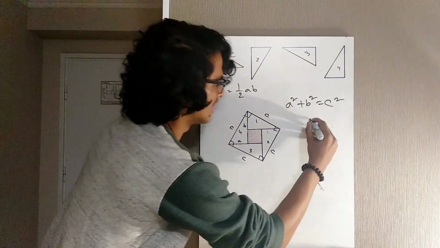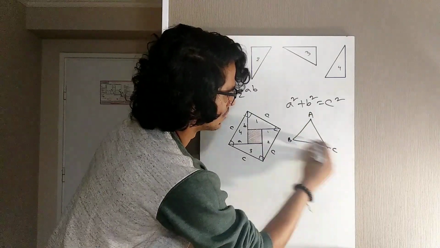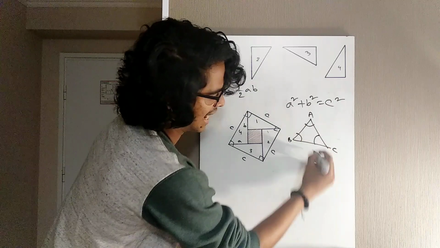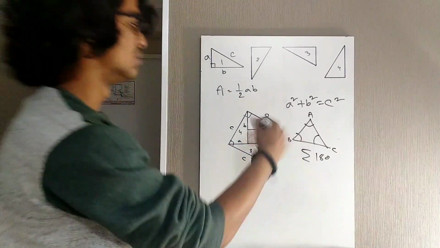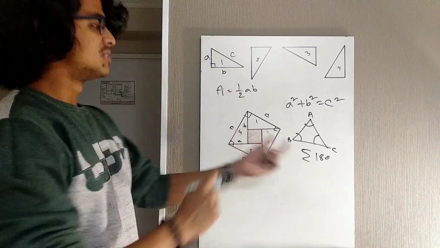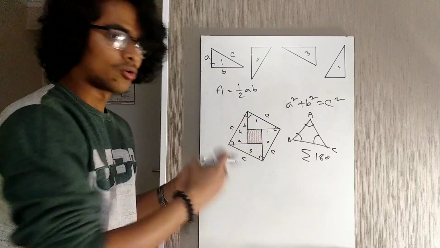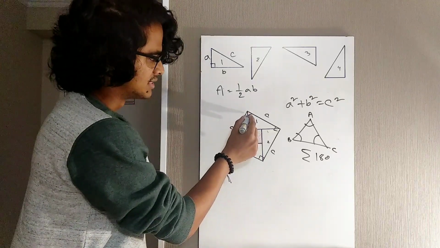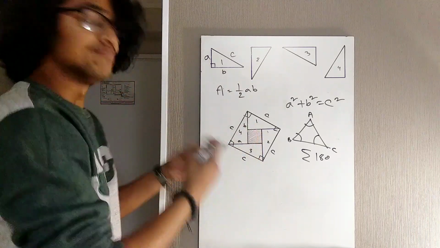So let's see if we have a triangle here, A, B and C. We have these three angles. They add up to 180 degrees, right? This is the basic theorem from high school geometry. You will just need this theorem and the fact that all the triangles are congruent to prove that all the four angles of this quadrilateral are 90 degrees.